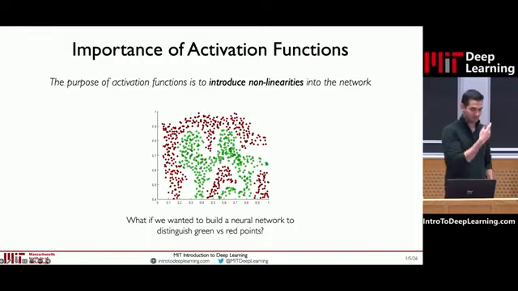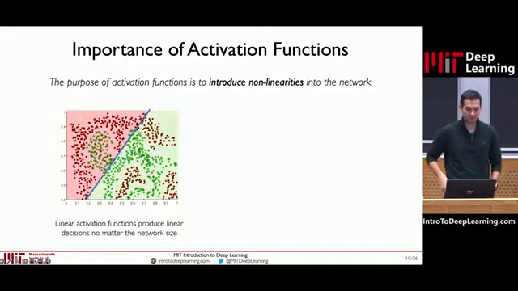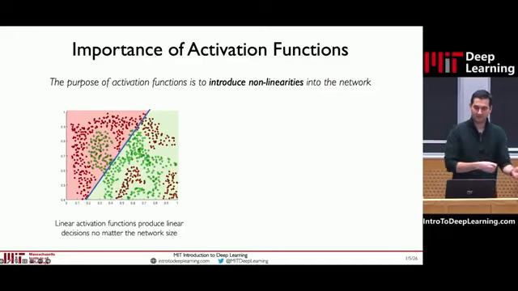And let me show you an example. So here's an example of a data set, just a two-dimensional data set, not even extremely complex. But if I asked you to draw a line separating the green points from the red points in this data set, it would actually be really hard. In fact, there's no line that perfectly separates the green points from the red points. And that's because this data is nonlinear. Even though it's just in two-dimensional space, not in high-dimensional space, it's still nonlinear and very complex.